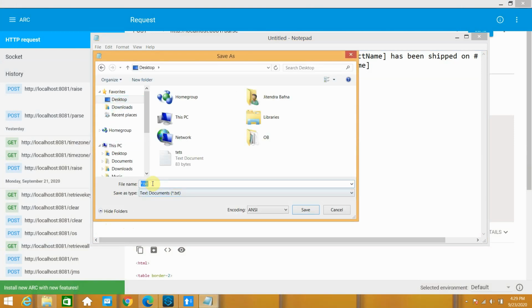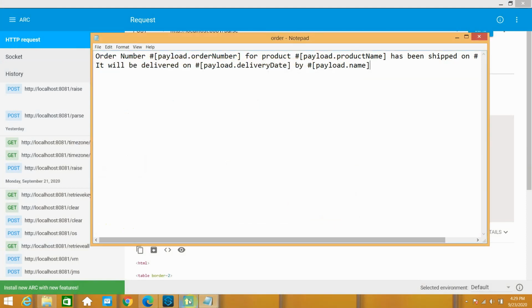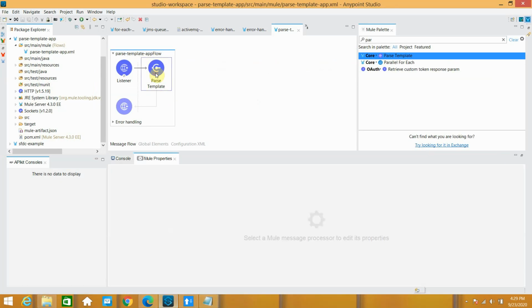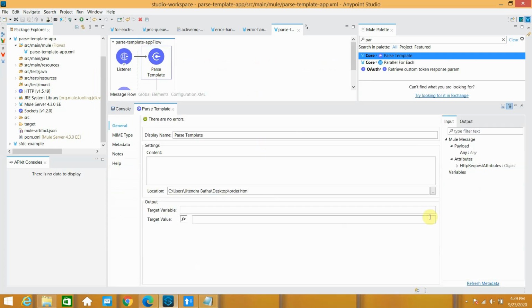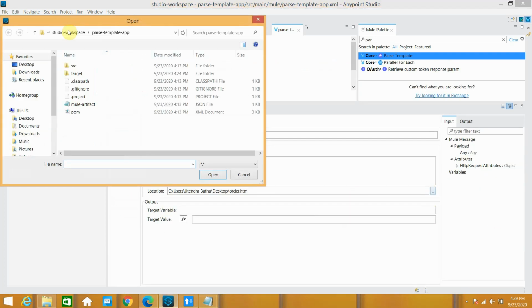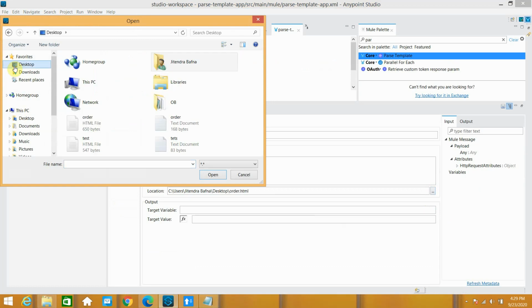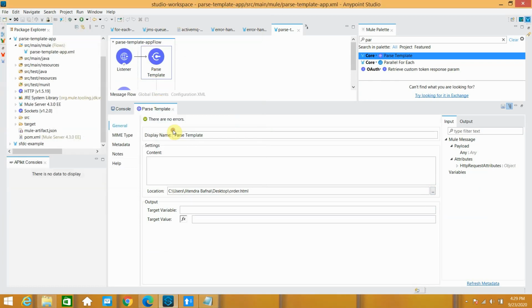I can say order dot txt. I can save onto my desktop. Now I can go to this parse template. I can point the location to the text document. Okay, so I gave this text document.